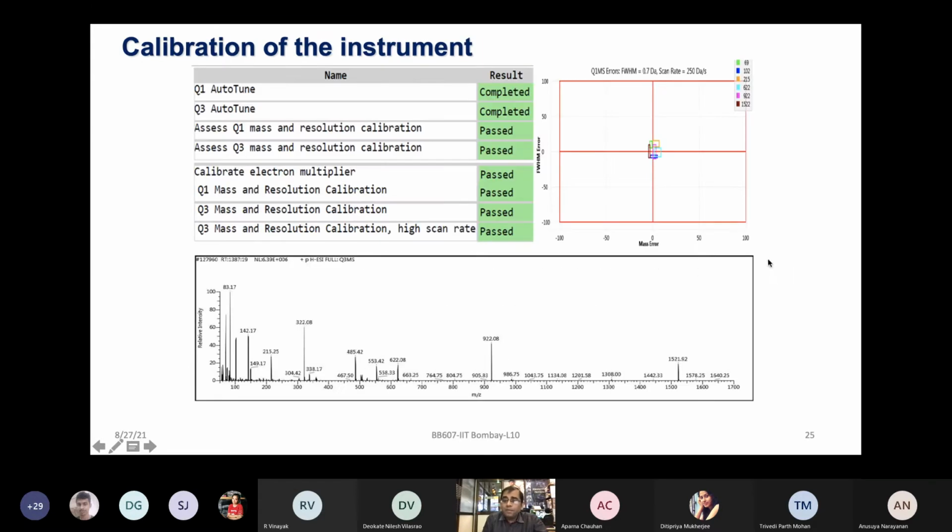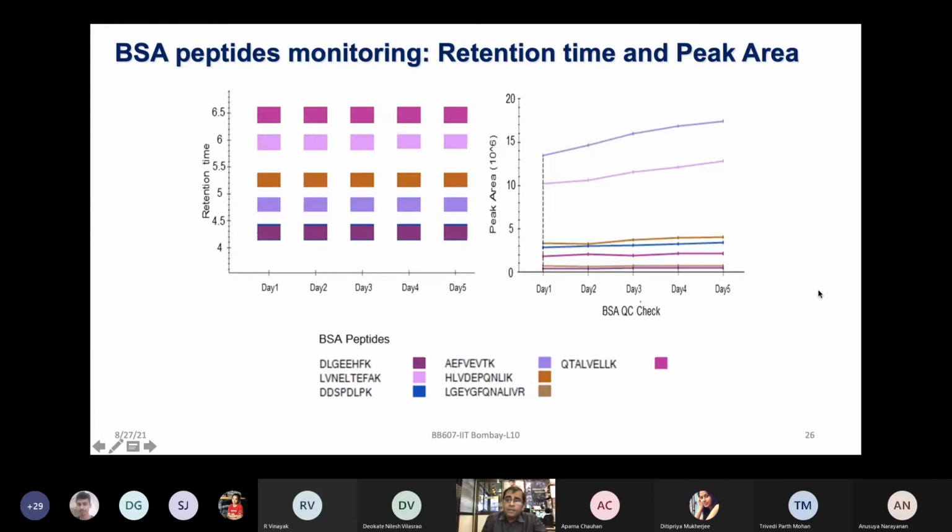The very first thing, which you were shown once in the live class, is that instrument calibration is important, and you should look into that before starting any of your experiments. Then let's say for a standard protein like BSA, which all of you must have used in some molecular biology experiments, since we are talking about one protein, one could focus on, let's say, 5 peptides and look at what happens to each of these peptide sequences on different days, or multiple peptides which we are trying to monitor.